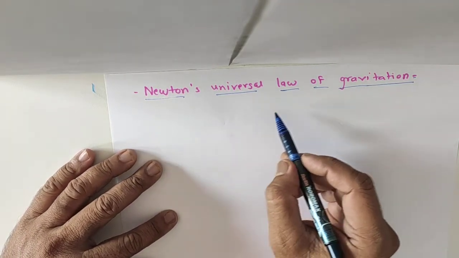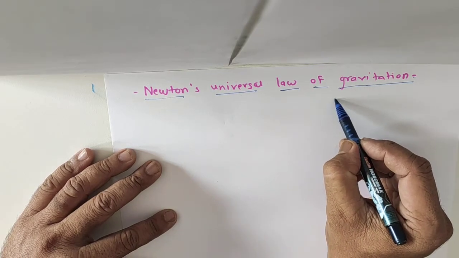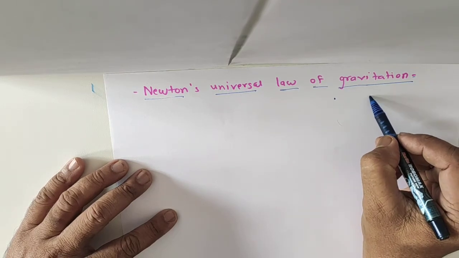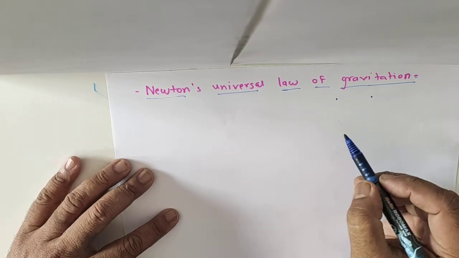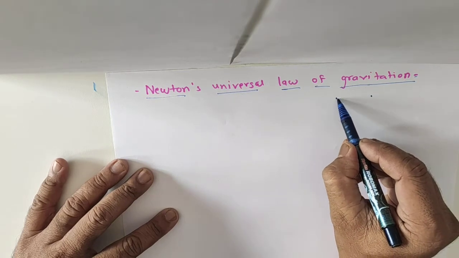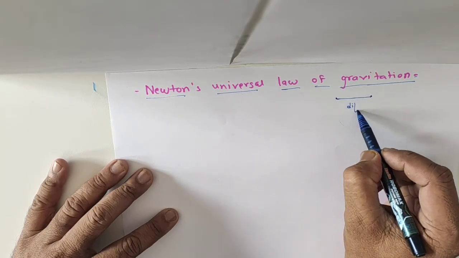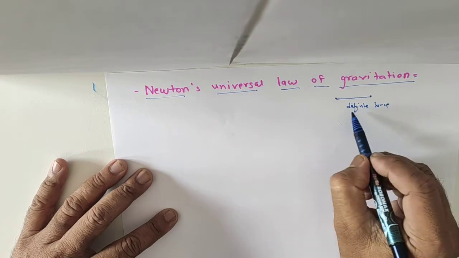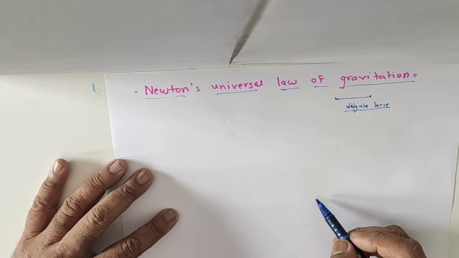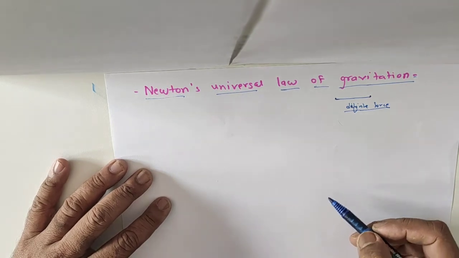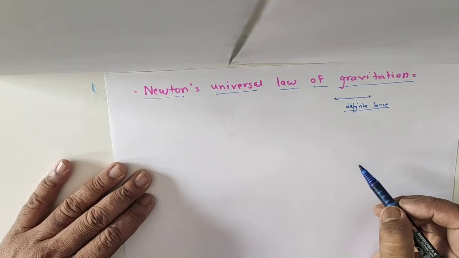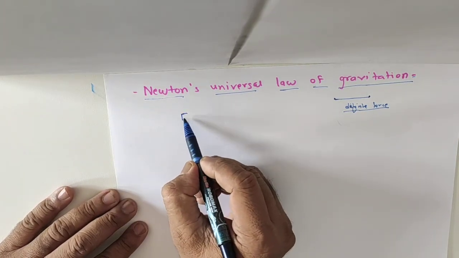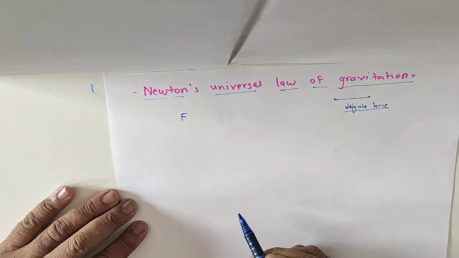As we have discussed, every object in the universe attracts every other object in this universe with some definite force. Means every object, not only on the earth but also in this universe. And this force is nothing but, by mathematical calculations,